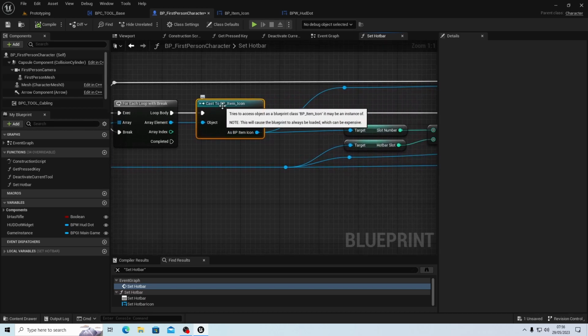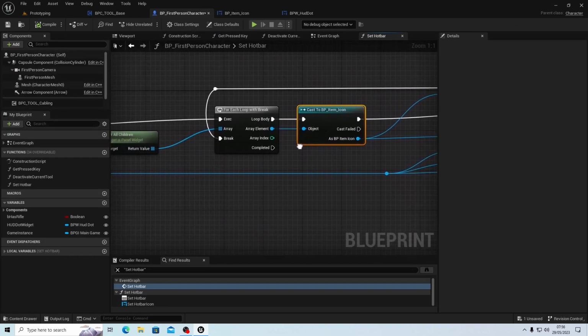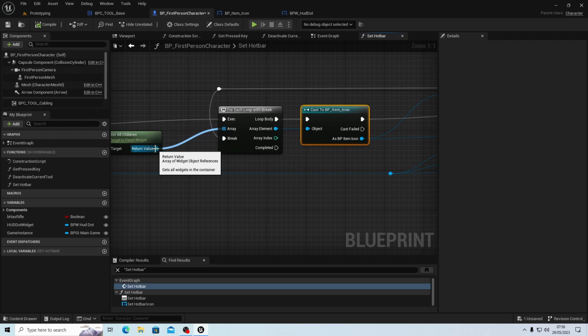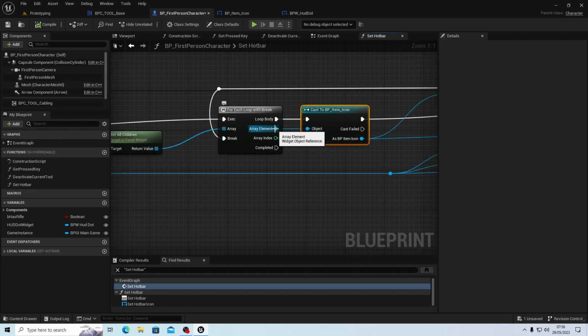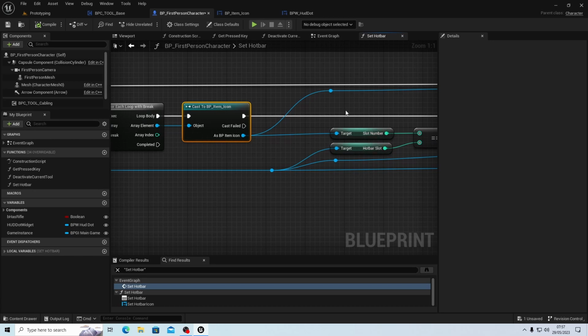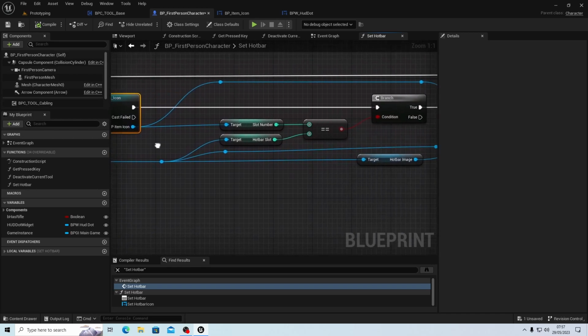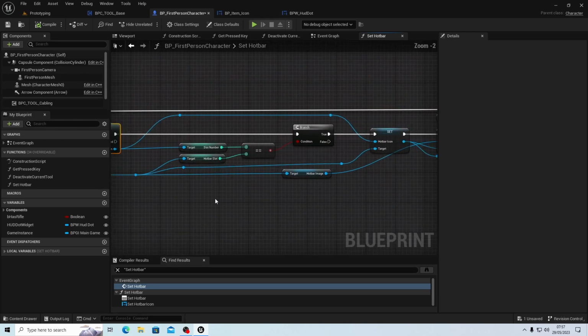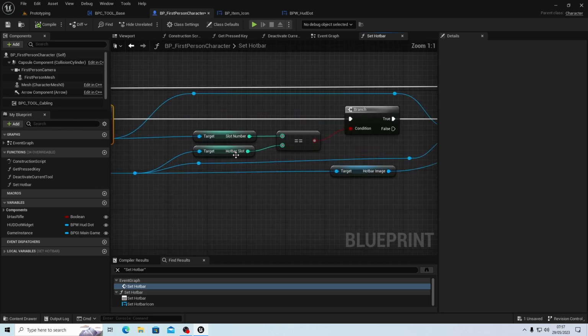We cast to BP item icon. The reason is because it's just children here. It could be a widget object reference, and that comes out as a widget object reference. But we need to get access to all its variables, so we cast it to BP item icon. Then we come out and we do a branch, because what we're going to do is check that the